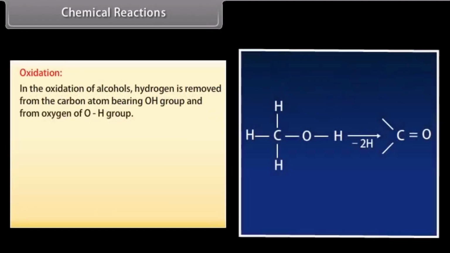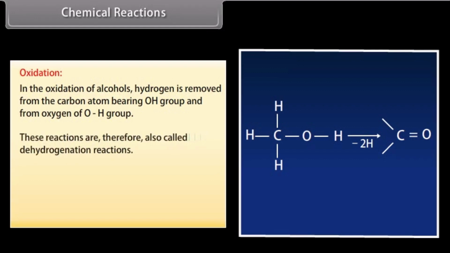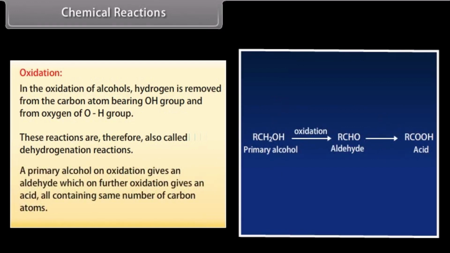Oxidation. In the oxidation of alcohols, hydrogen is removed from the carbon atom bearing the OH group and from oxygen of the OH group. These reactions are, therefore, also called dehydrogenation reactions. A primary alcohol on oxidation gives an aldehyde which on further oxidation gives an acid, all containing the same number of